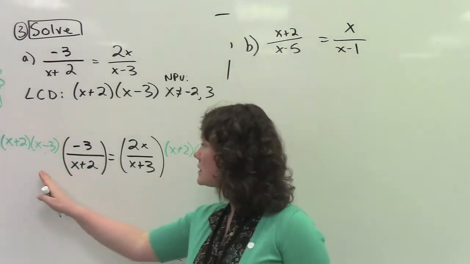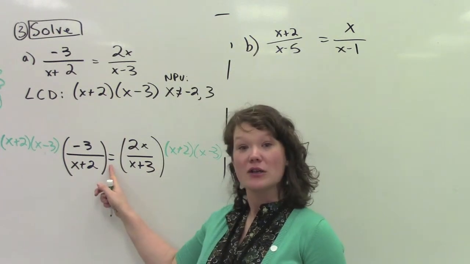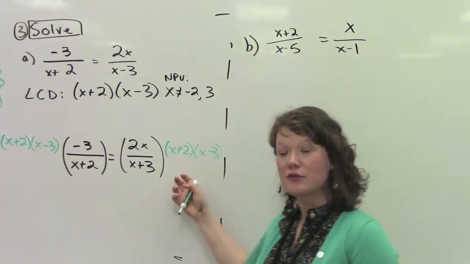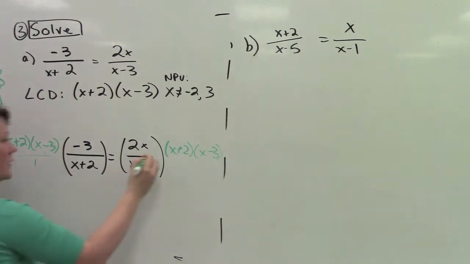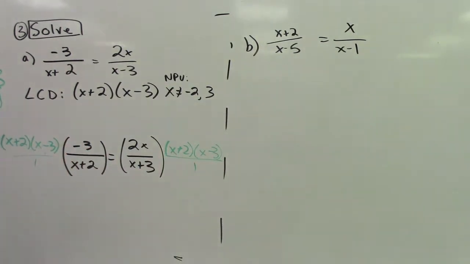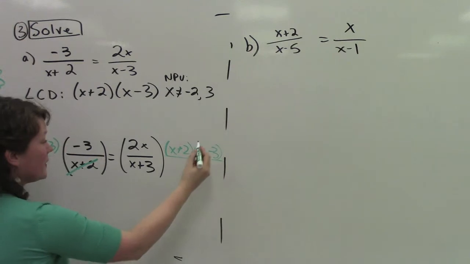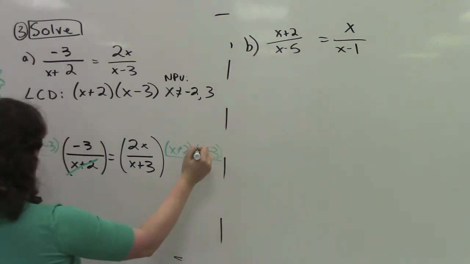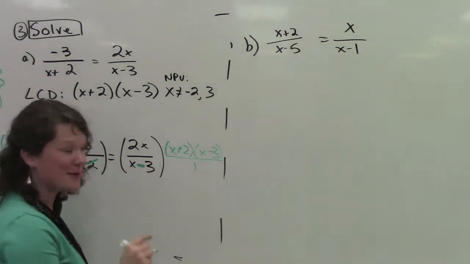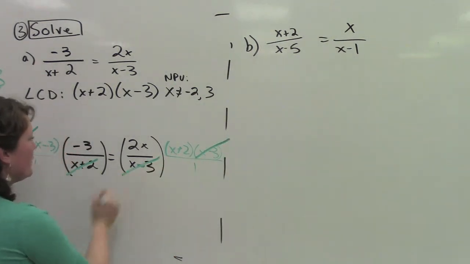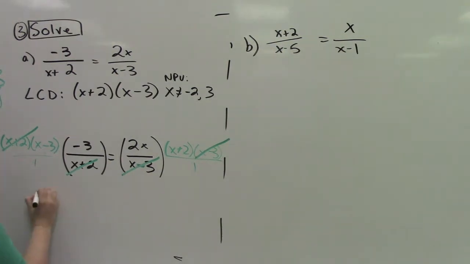But since this has an equal sign, it's an equation, what you do to one side, you can do to the other. So really, we're just multiplying each numerator, we can even put this all over 1, by this lowest common denominator. So I'm going to cancel this x plus 2 with this x plus 2. And then on the other side of the equal sign, oh sorry, did I write this down wrong? Oh yeah, this should be negative. Very good, sorry about that. Okay, I can cancel this x minus 3 with this x minus 3. So I have negative 3x plus 9 equals